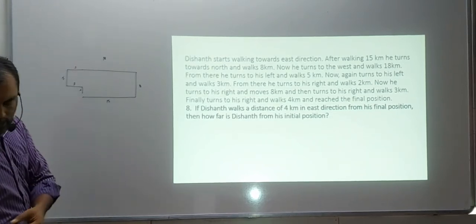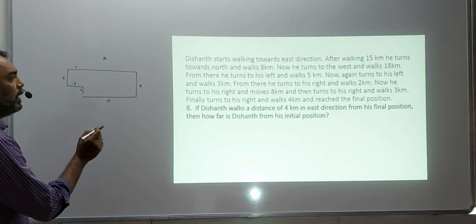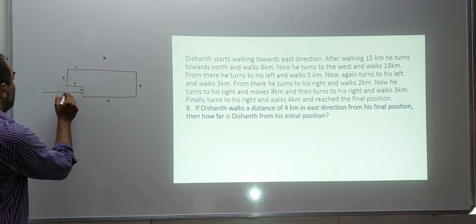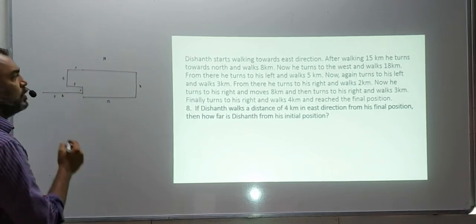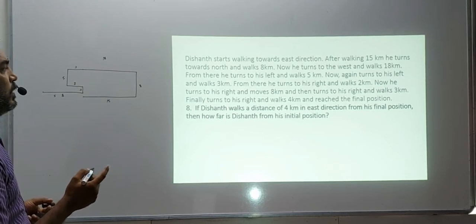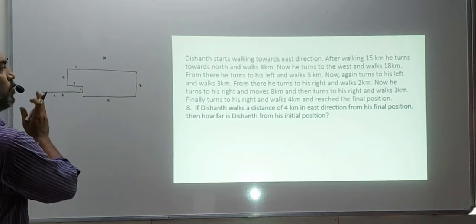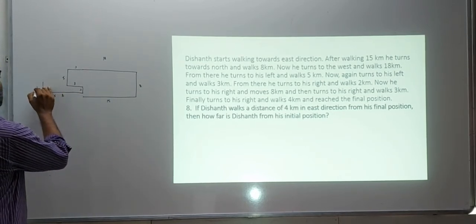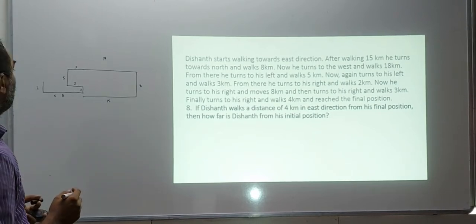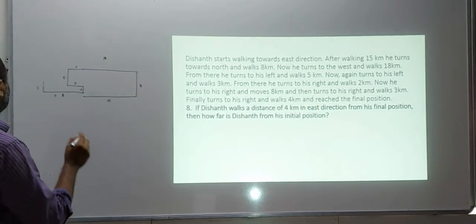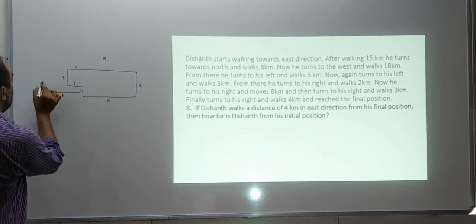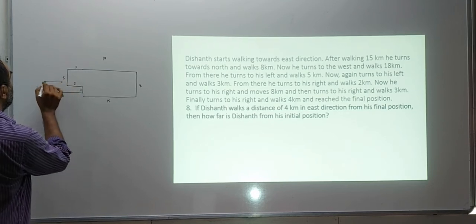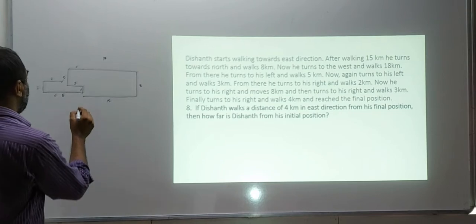So if you are southward and the right comes this side, so he's moving 8, so this is 3 and plus 5. So this will be the 8, this 3 and a 5 more from this point. He moves 8 kilometers. And then turns to the right. So going west, turns to right, go upward, walk 3 kilometers. So this is 2, so little more than 2, this will be 3 kilometers. And finally again turns to the right and walks 4 kilometers. So this is 5 kilometers. You can see this gap was 5, he moves 4, so he's somewhere over here. Finally somewhere over here. So this is the figure I get.